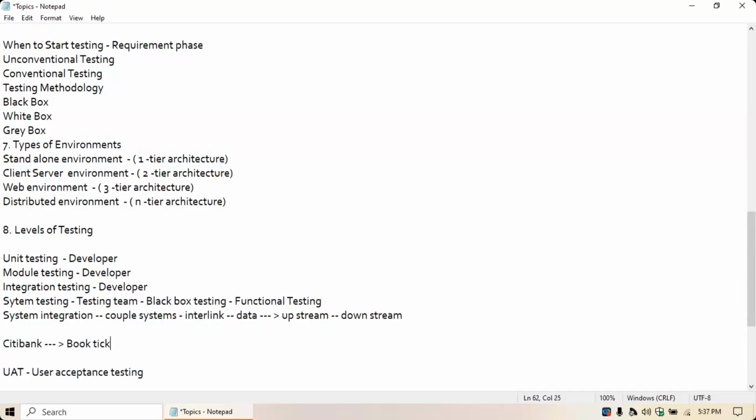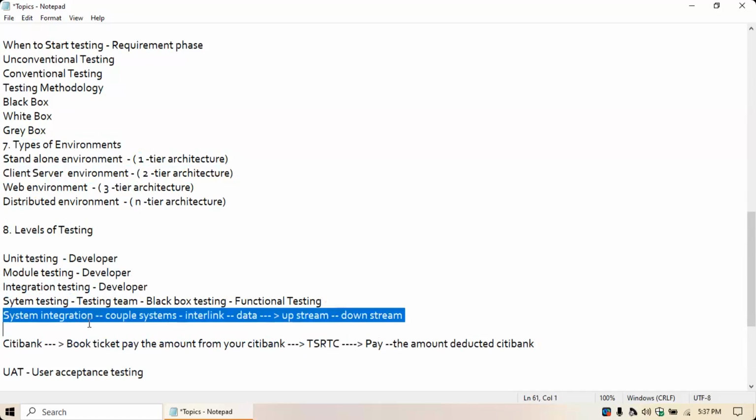You book a ticket from the TSRTC website, you pay the amount, and the amount should be deducted from your Citibank account. So how is this system working, how does the integration happen between your banking account and the website, and there is an integration between these two systems,